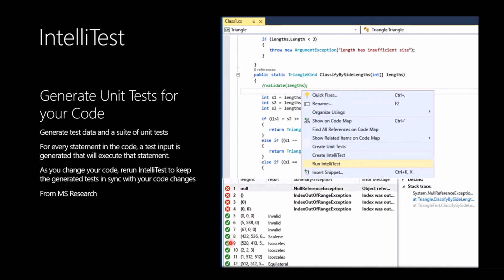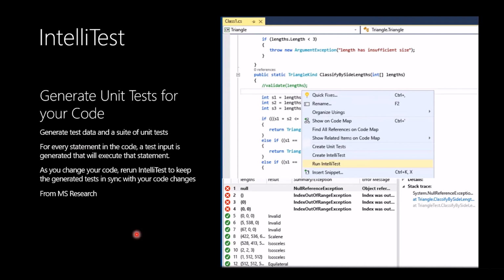IntelliTest is similar to unit testing, but you no need to write a single line of code. With unit testing you write tests according to your method or code, but IntelliTest will automatically read your method or code, all your conditions, assertions and if statements, and it will itself generate the unit test code for us. No need to write anything.